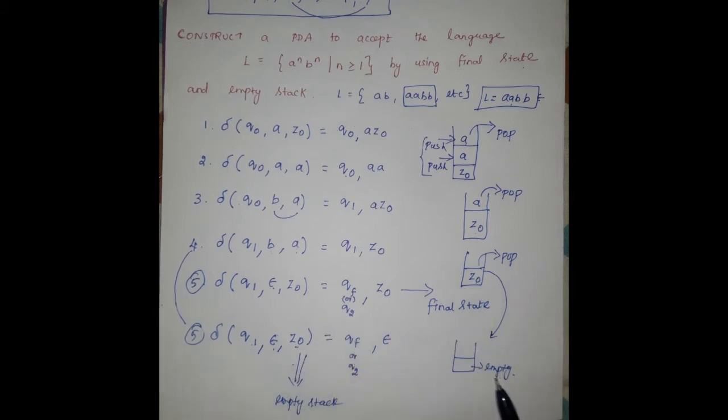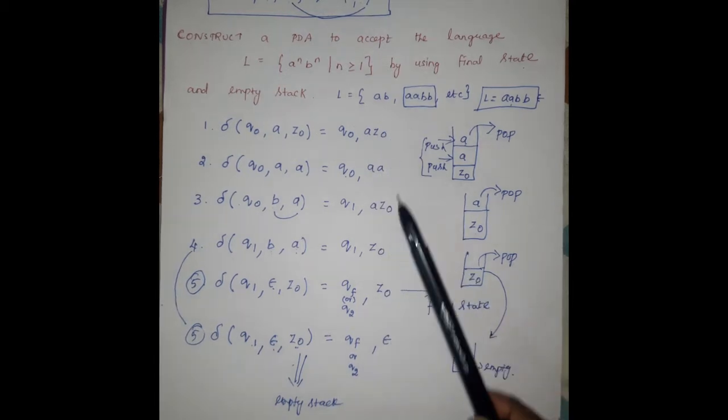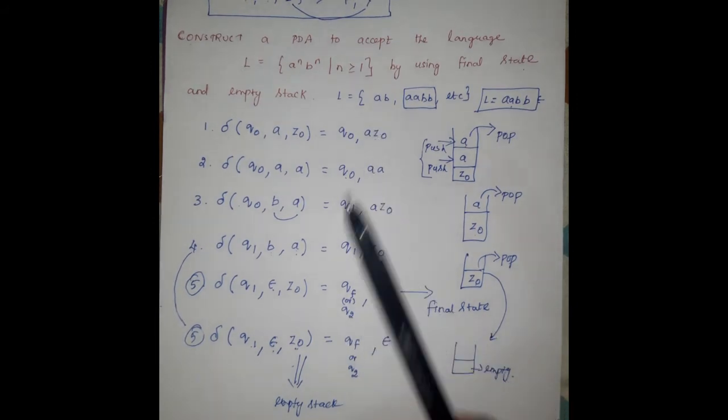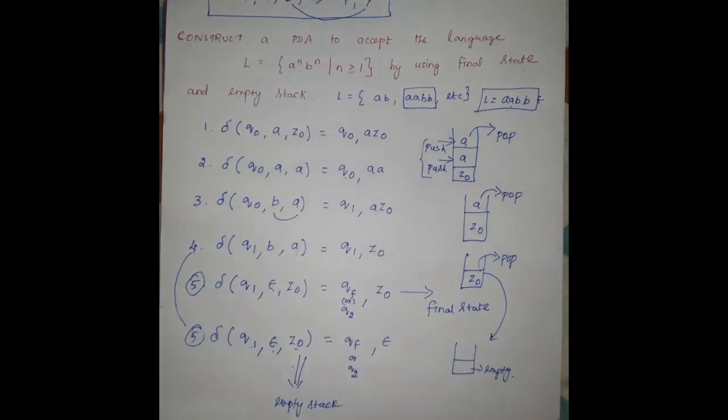There is not a lot of difference between final state and empty stack, because you can clearly see that these steps are similar. Q1, epsilon, Z0 is Z0, and this is also the final state. The only term that is different is that for final state the stack has Z0, while for empty stack this term has epsilon, because the stack is empty, so there is no element in the stack, so we have to write epsilon. So these are the transition functions or transition steps in the construction of pushdown automata. Now we can easily draw the pushdown automata from this transition diagram.